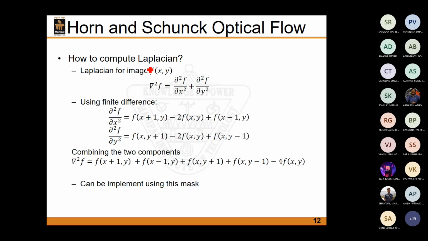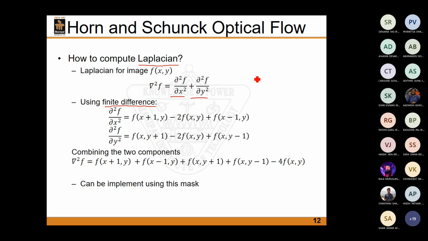As I said earlier, del square u and del square v is basically the Laplacian, and we've already seen the Laplacian operator earlier, right? The Laplacian operator is the sum of the double partial derivative along the x direction plus the double partial derivative along the y direction. If I formulate this double derivative in terms of finite differences, because it's basically pixels that you have, in the form of pixel locations,